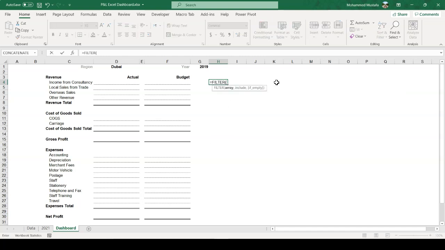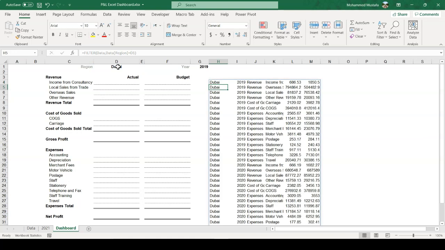So I'll type filter, and we have the array. So I'll type data, which is the name of our table. I'll put a comma and I'll type data once again. Open the square bracket. Once I open the square bracket, I get all my field headings over here. So in this case, I'll double click on region, close the bracket, and we will say let's equal this to Dubai. Let's close the bracket, press enter, and we get a filtered record from our data set which only shows